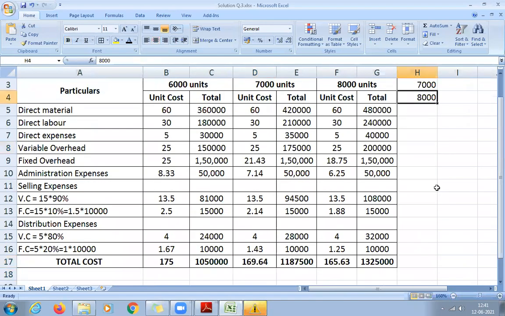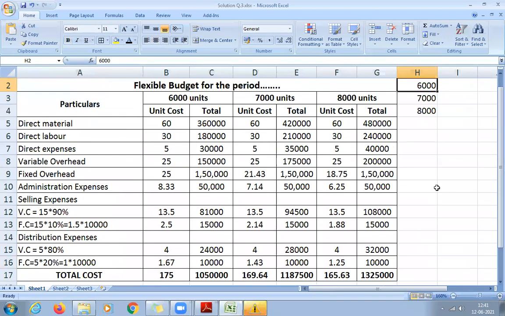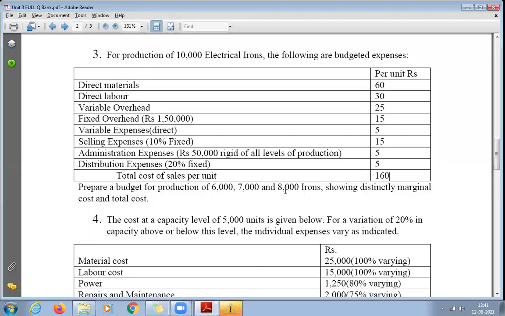Any doubts before we go to the next question? Any doubts, students? Did you understand? Anybody want any clarification? Can you do it in the exam? If this comes in the exam, not the midterm exam, the final exam. No doubts? Shall we go to the next question, students? Yes, sir. We'll go to the next question.